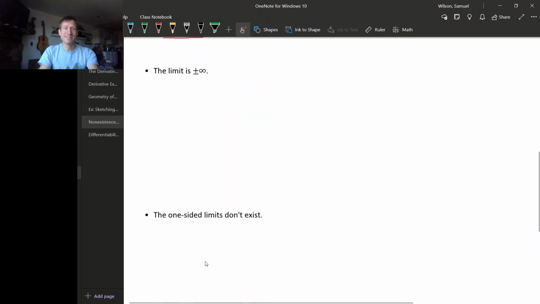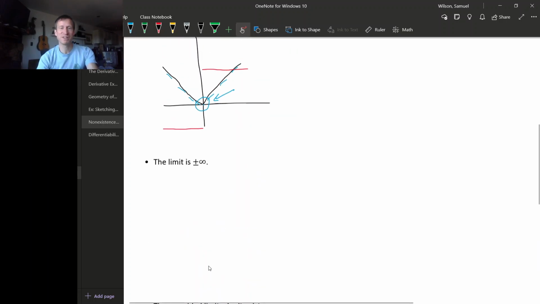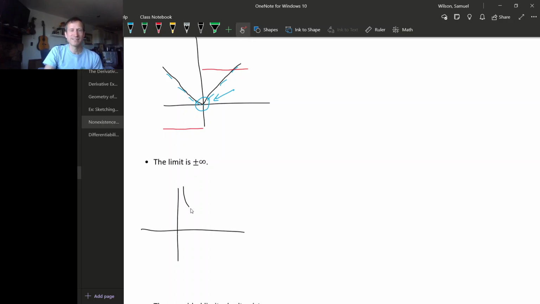All right, another way that this limit that defines the derivative can fail to exist is if it's plus or minus infinity. When I say exist, I really mean exist and be finite. So what would it look like for the limit that gives us the derivative to be plus or minus infinity? Well, one way for that to happen is with this sort of graph, right? But actually, this seems like an example, but it isn't really, because if we were asking about the derivative at 0,